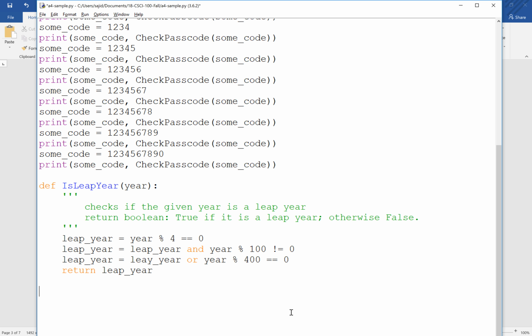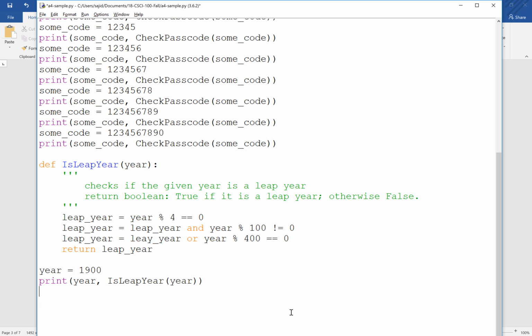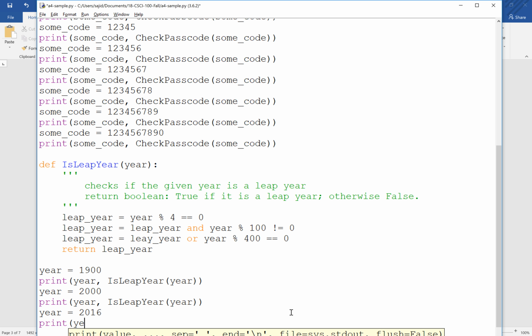We can test our code as well, see if it is working. I can say year is equal to, let's say, 1900, and I can say print year and is leap year, and then I can say year is equal to 2000 and print year and is leap year. I can say year is equal to 2016 and year is a leap year,